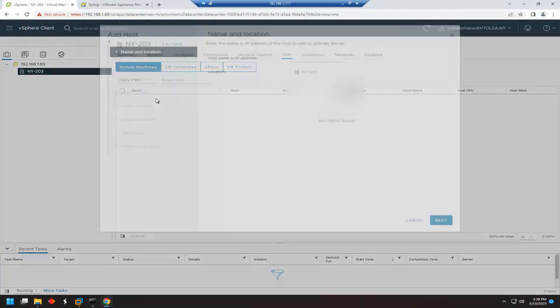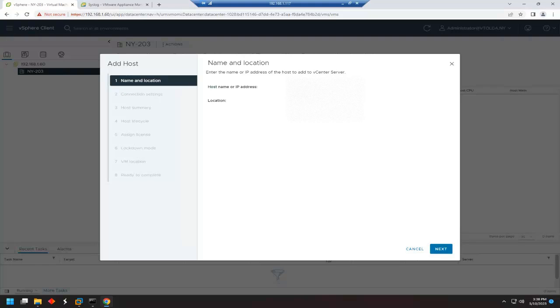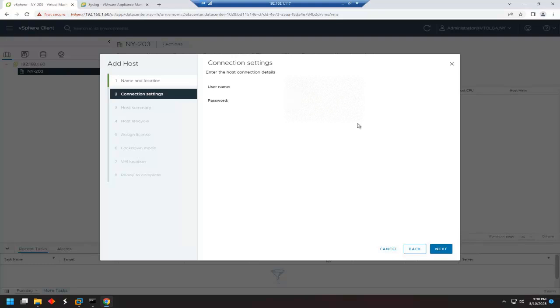I think the host should be back up and running. So basically, we're going to start with the first host, which is going to be 192.168.1.61. 60 is our vCenter server. 61 is my first host. Click on next. I need to provide the username and password for it. So I'm doing this one time, making sure that I properly do that. And once I put that information in,